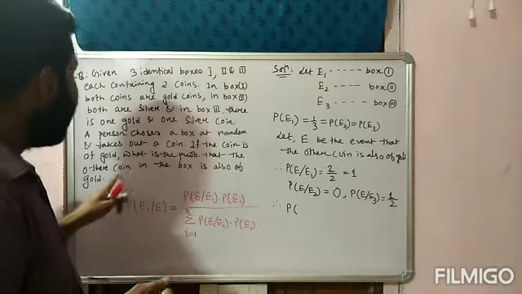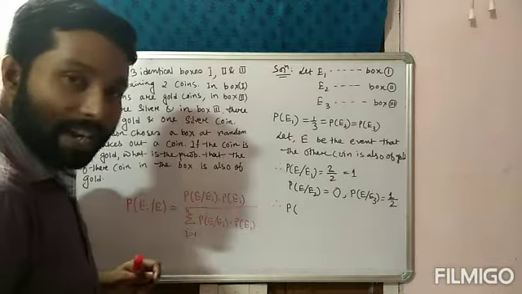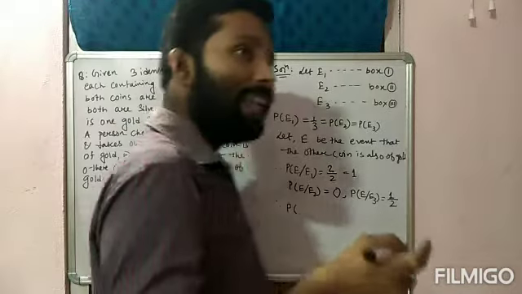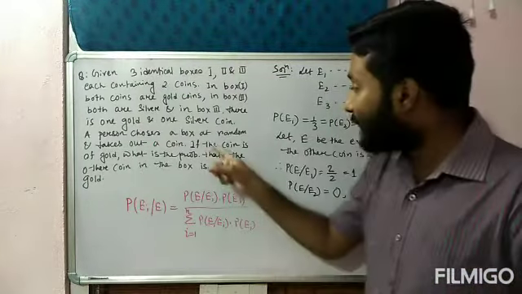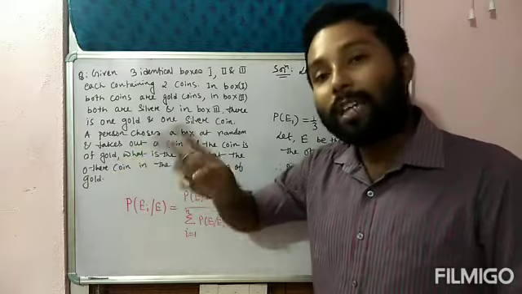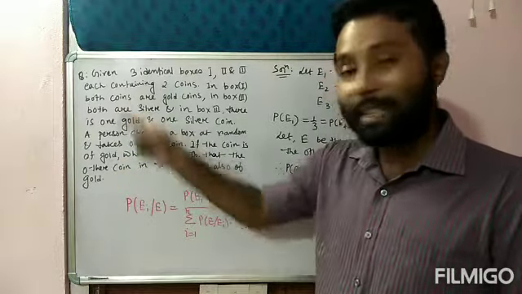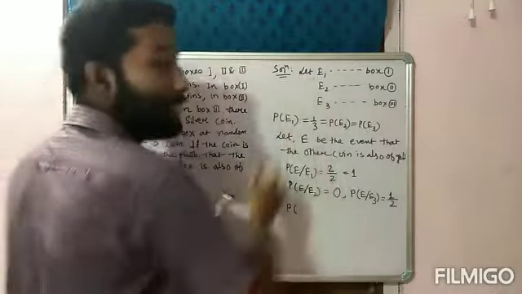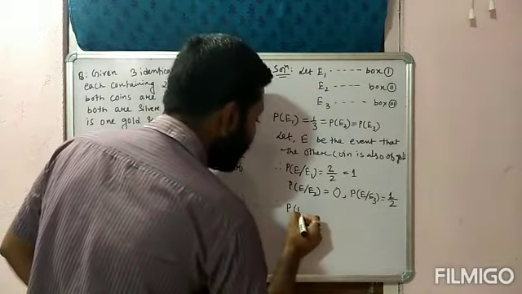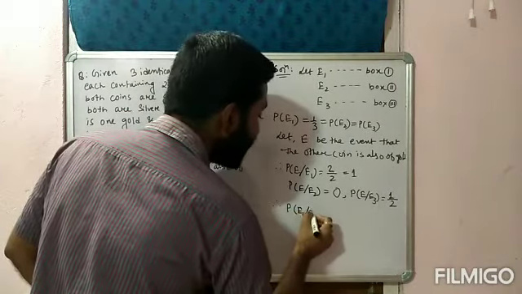What is the probability that the other coin in the box is also gold, right? So other coin का मतलब पहले already एक coin select कर लिया, and that coin is gold coin. So both the gold coins lie in which box? Box 1. So box 1 is denoted by event E1. So that means you need to find probability of E1 slash E.